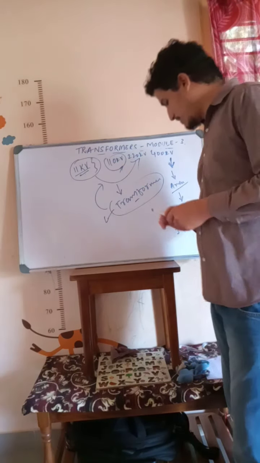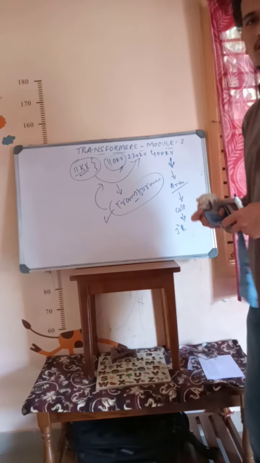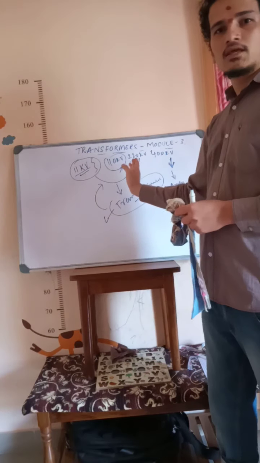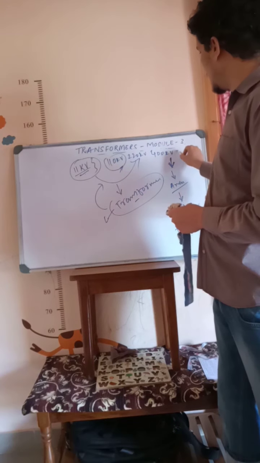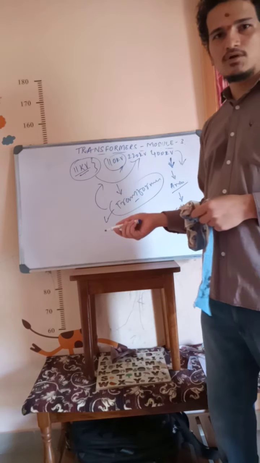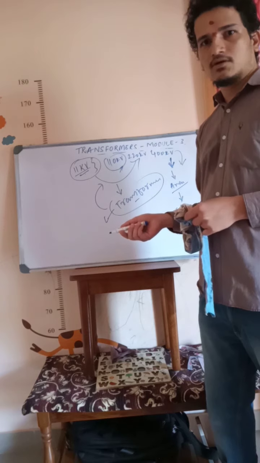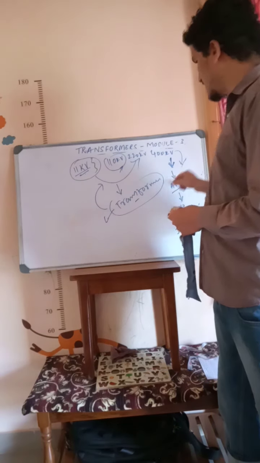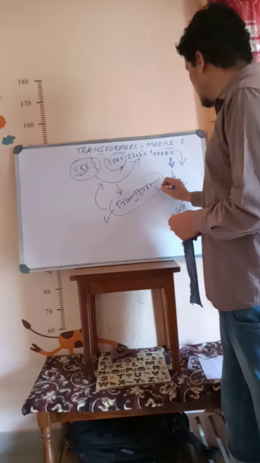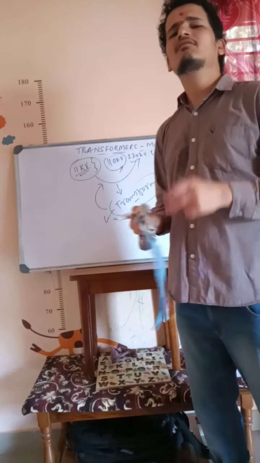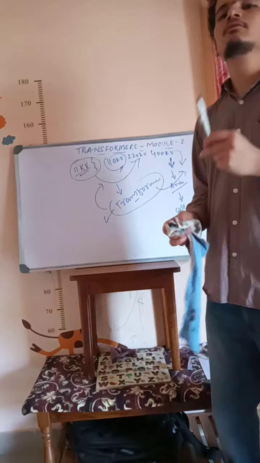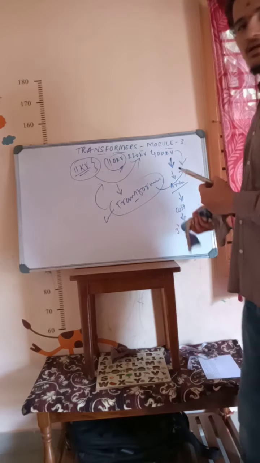So this is for the power transmission. A transformer is needed for stepping up the voltage. After reaching Tumkur, again I need a lower voltage. If I need a lower voltage, again I need a step down transformer here. Here a step up transformer, again here a step down transformer. This is one beautiful example for power transmission and distribution.